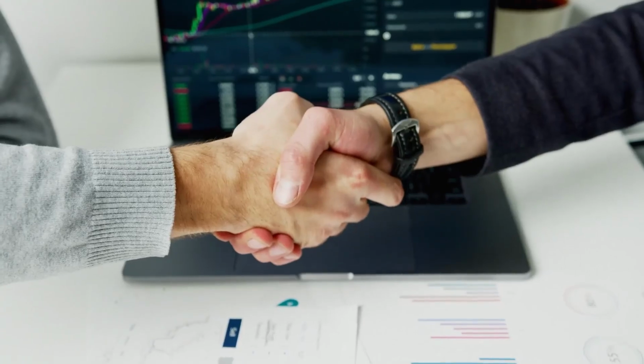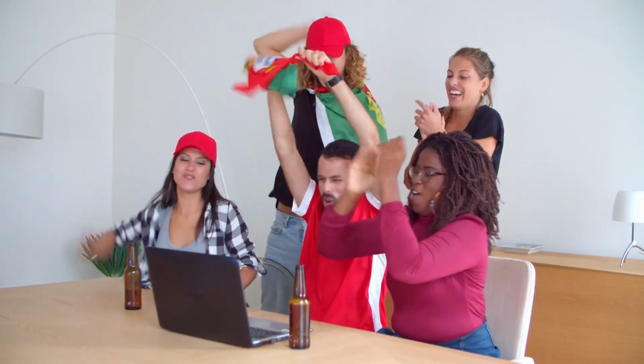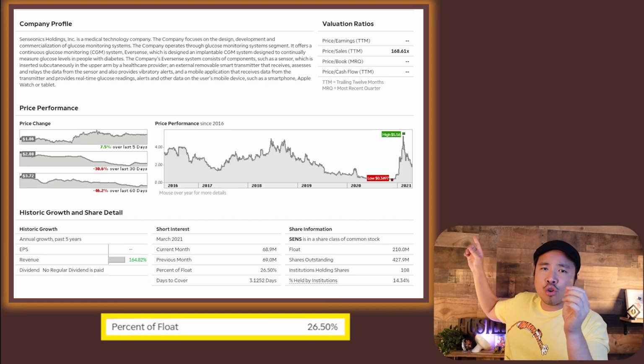For all investors of Senseonic out there, there are many investors who will try to double their money and put the money on a trend. This is what happened with Senseonic. The stock fundamentals remain strong. We just need to wait for the hopefully positive news from the FDA. The likelihood that it gets approved is high because it was approved in Europe already, which has similar safety standards to the US. We can see that the stock is highly shorted with